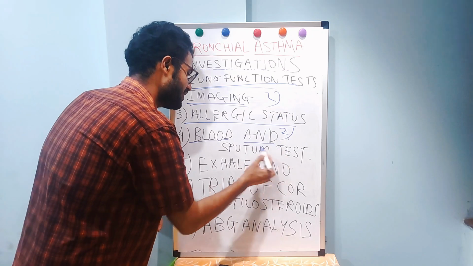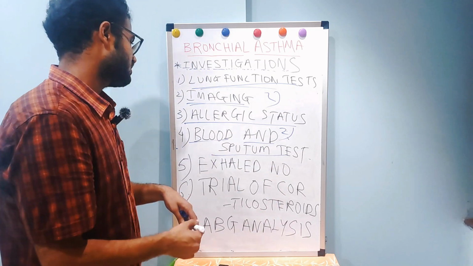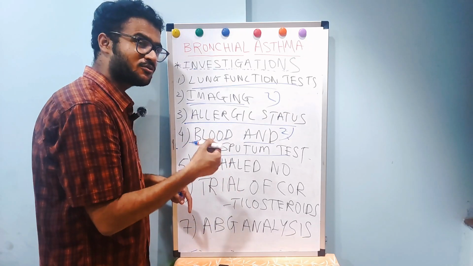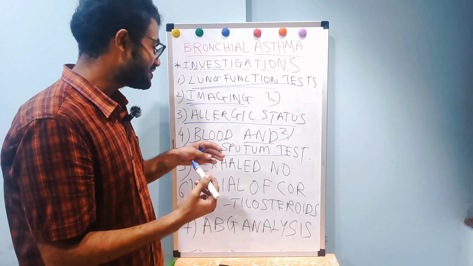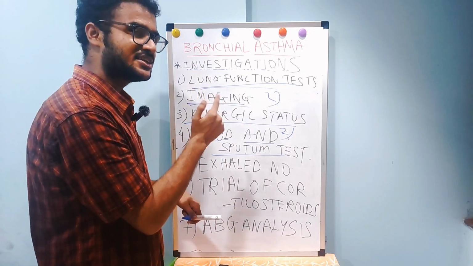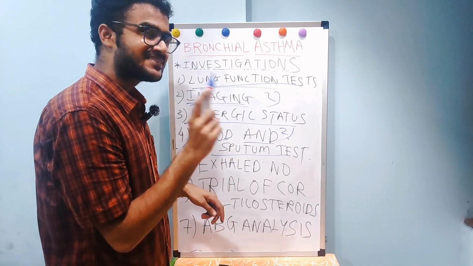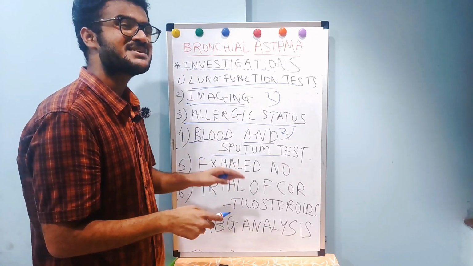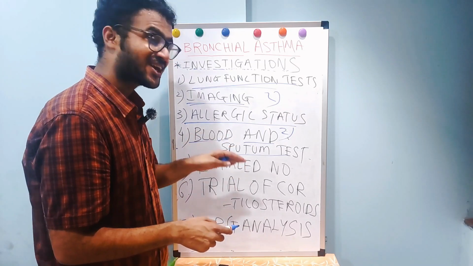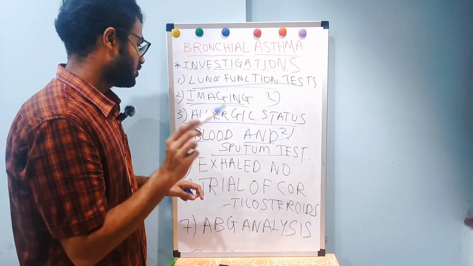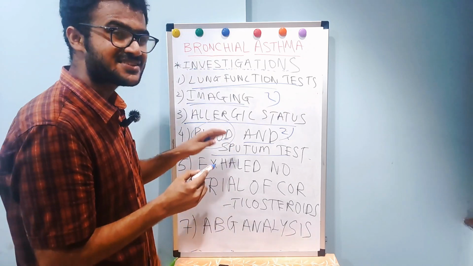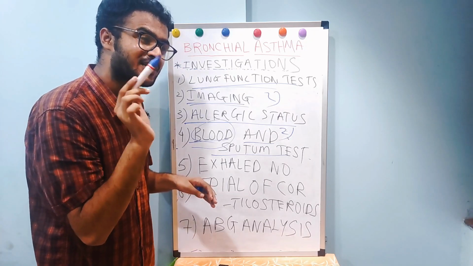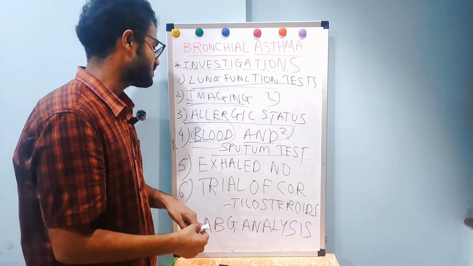Now fourth part is blood and sputum test. Basically we do eosinophil count. There is eosinophilia in blood, but eosinophils in sputum is a very good diagnostic feature of bronchial asthma. Also through sputum microscopy, we can find three important structures: Curschmann spirals, Creola bodies, and Charcot-Leyden crystals. And one more important blood substance is serum periostin. It indicates T helper 2 cell associated inflammation. Basically I have taught you this in pathogenesis.